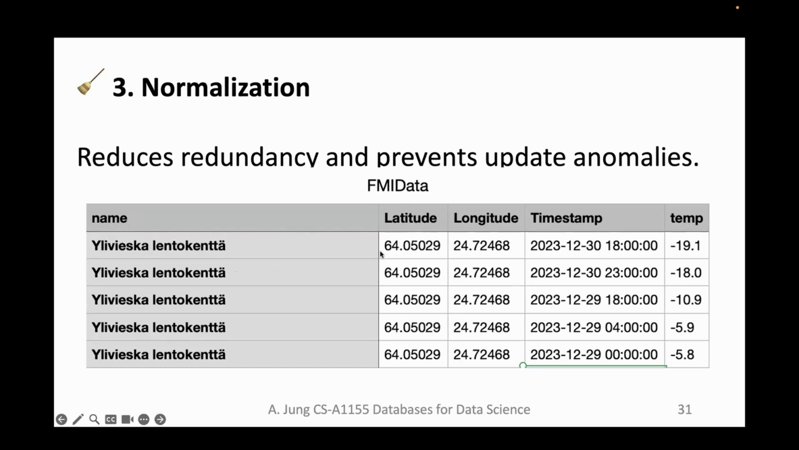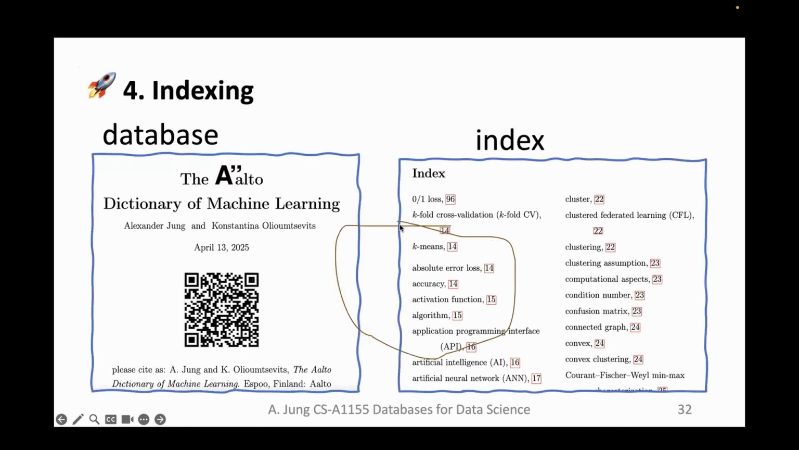And you see here there's quite some redundancy, because for each recording from this weather station, we always have latitude and longitude. So this here seems highly redundant information. So we could instead have a separate table where we only store